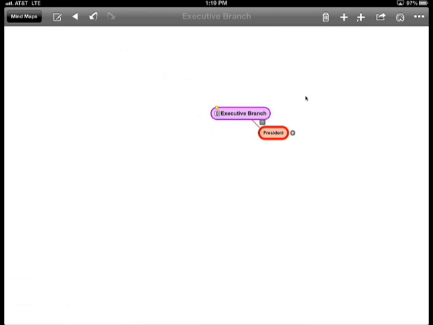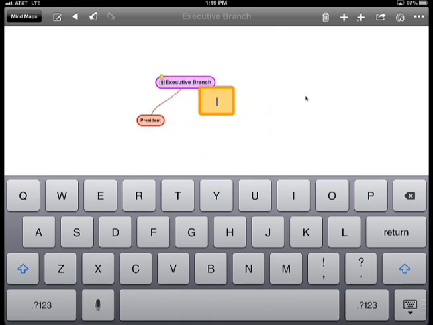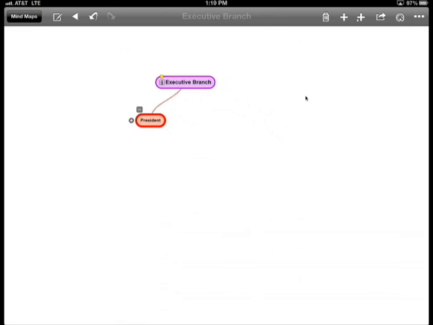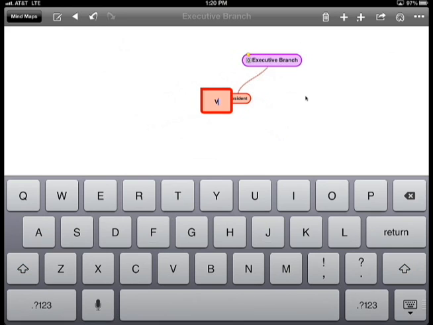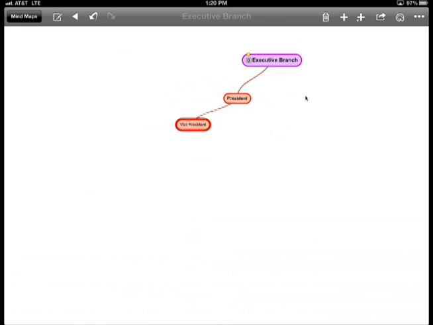So if you want to branch it off into more than one branch, you just click another, and you can put whatever here. Although there is nothing under the executive branch that would go there, that'd go under the president. So you'd have vice president, you'd have chief of staff,